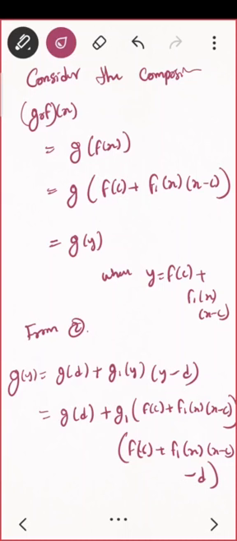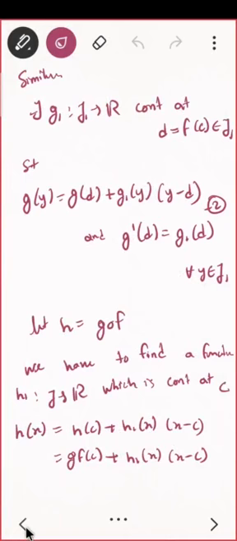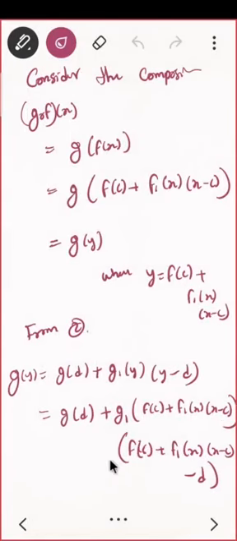If I would like to find the value of d, how can you do that? What is my d? I have already given in the starting. d is my f of c. So at the place of d, can I write f of c? So the whole term will be what? It will be like this. g of y equal to g of f of c plus